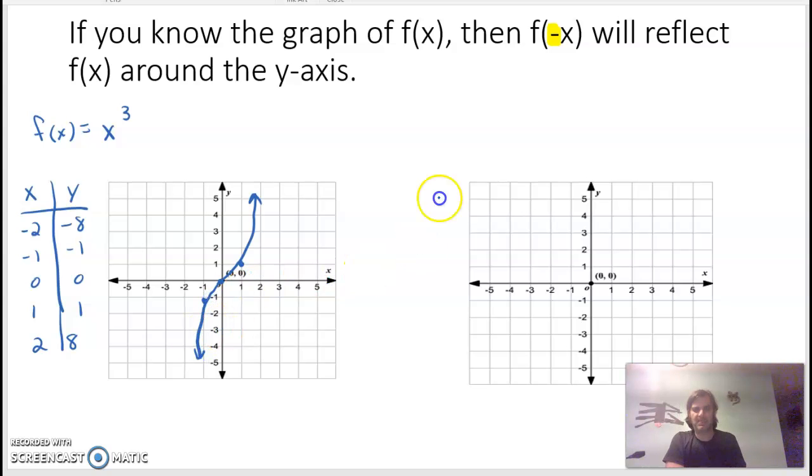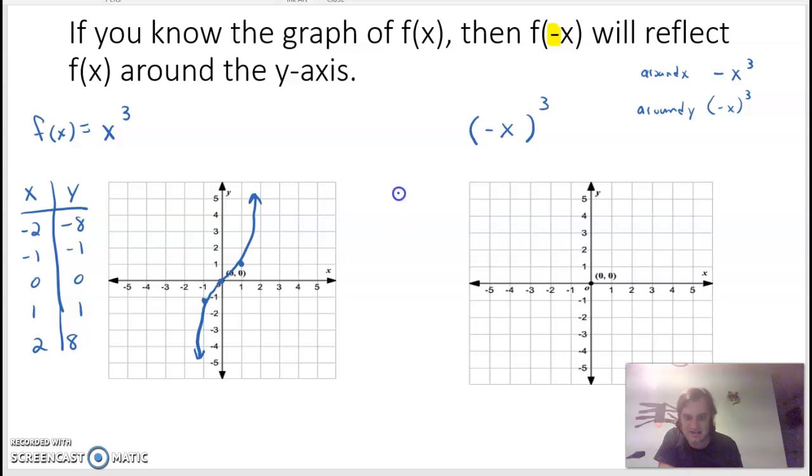I tried. So when I say f of negative x, that means I'm replacing the x as the input with negative x. So this negative is inside the function, where the negative in the previous example was outside the function. When I talked about the previous one, that would have looked like negative x cubed. This looks like negative x quantity cubed. So that's around the x-axis, and this is around the y-axis. But I can show you that from a little chart,